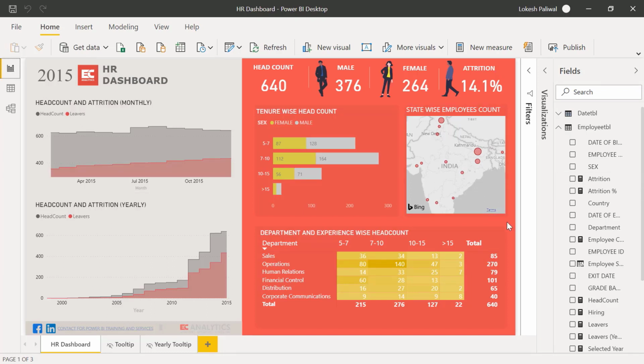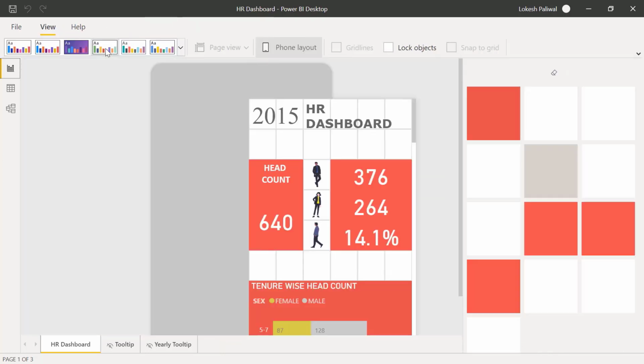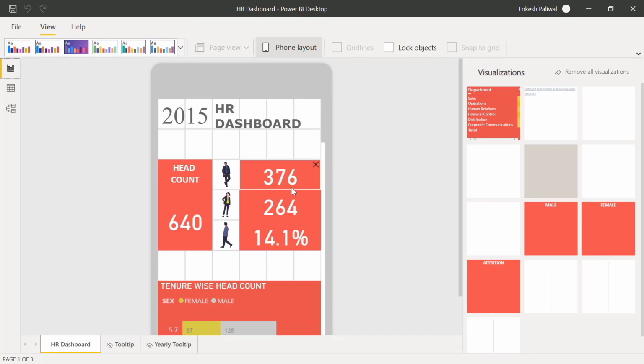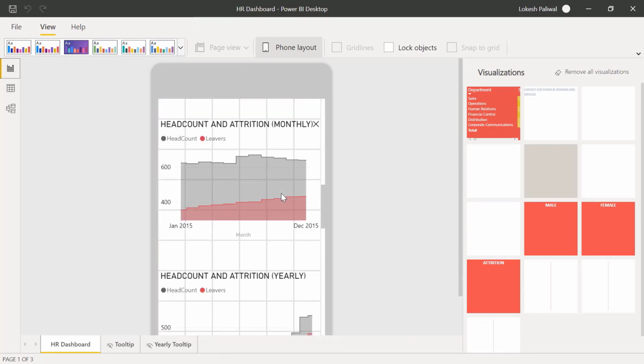I have just explained you what all logics we have written, and obviously we have taken care of so many things related to data transformation to create this dashboard, everyone. Then in the end, we have also created mobile view. If I click on view here and let's click on mobile view, we have converted this entire dashboard in mobile view. So if someone opens our report using mobile apps, they can see the report like this.